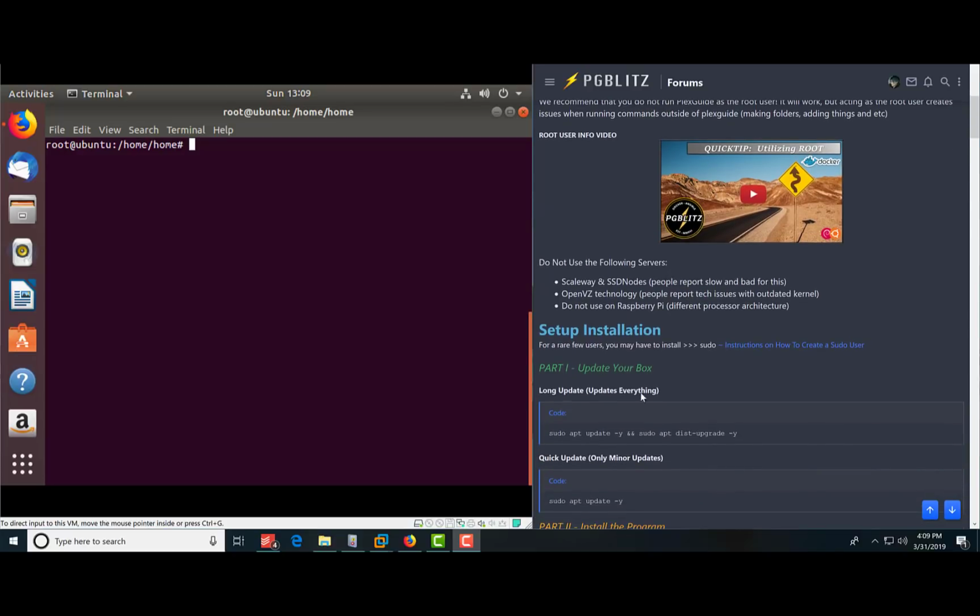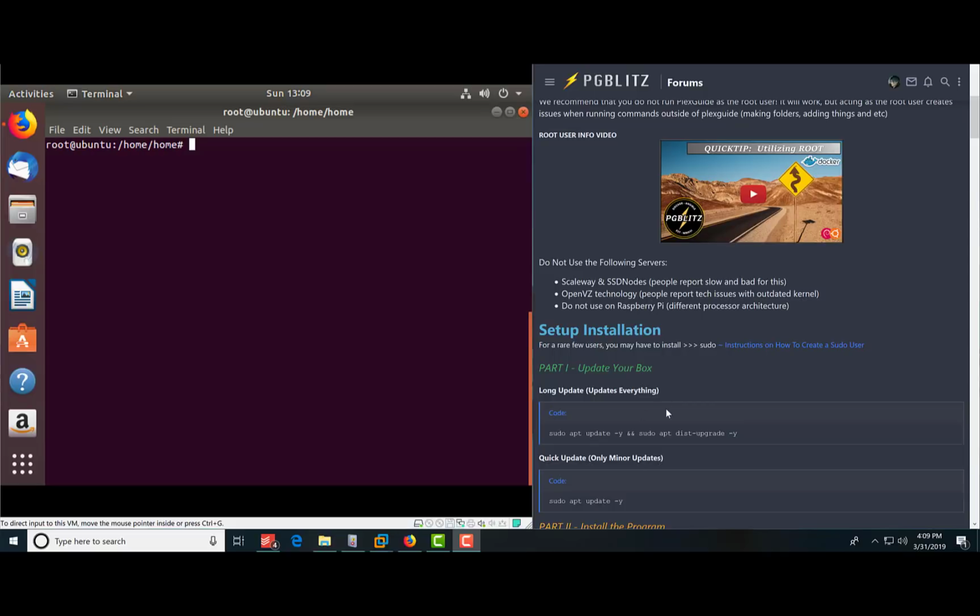Right here is some update information, and we recommend that you update your box. Ubuntu 16 and 18 have no problems. If you have a new box and you're able to run 18, we would highly recommend that. If you run something like Hetzner Cloud or other services that are pretty much up to date, or if you have the newest ISO downloaded, you can just run sudo apt update -y. But if you're several versions behind, for example, Ubuntu 18.04 is out at the time of this recording,